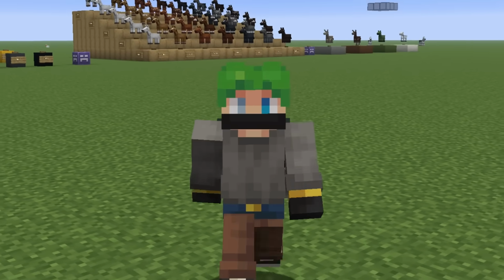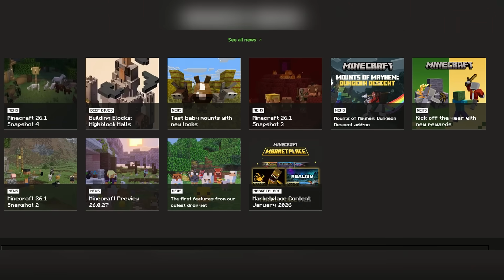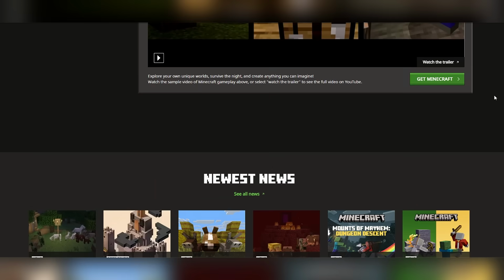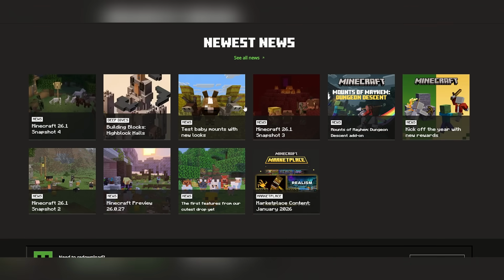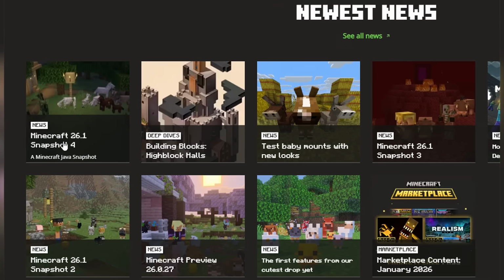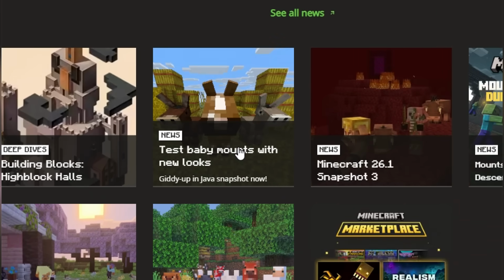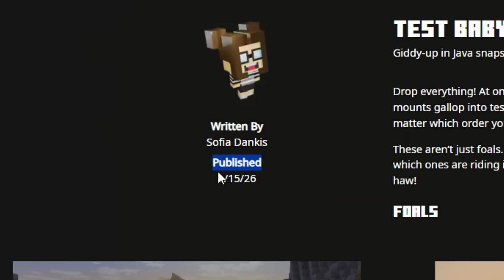I found something quite interesting. There are actually quite a few things, to be honest, but the first one, where I'd like to start, is the blog article that came out all about this week's snapshot. So here I was on Minecraft.net, just taking a look at the blog articles. Typically, they're in chronological order, and then I went, wait a second, snapshot 4, random article from earlier this week, baby mob. That made me take a closer look at this article, and well, ladies,